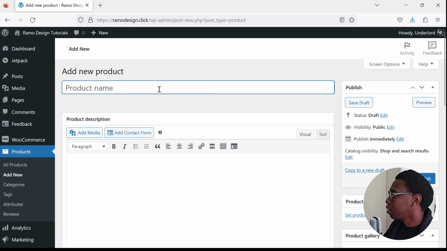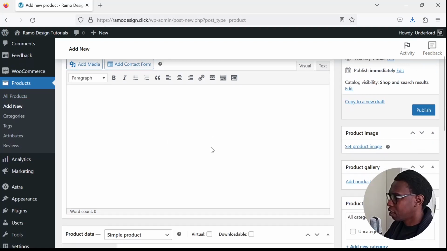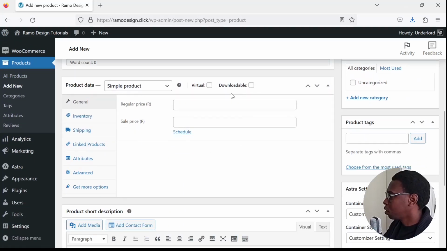And the new product, then we just gonna give it a product name, which I'm just going to name t-shirt, or let me just say casual t-shirt. I don't know. I'd say artistic. Sorry, I haven't decided on the names yet. Artistic t-shirt. So under the product description, I'm not going to give it something as of yet, as I haven't really created some,